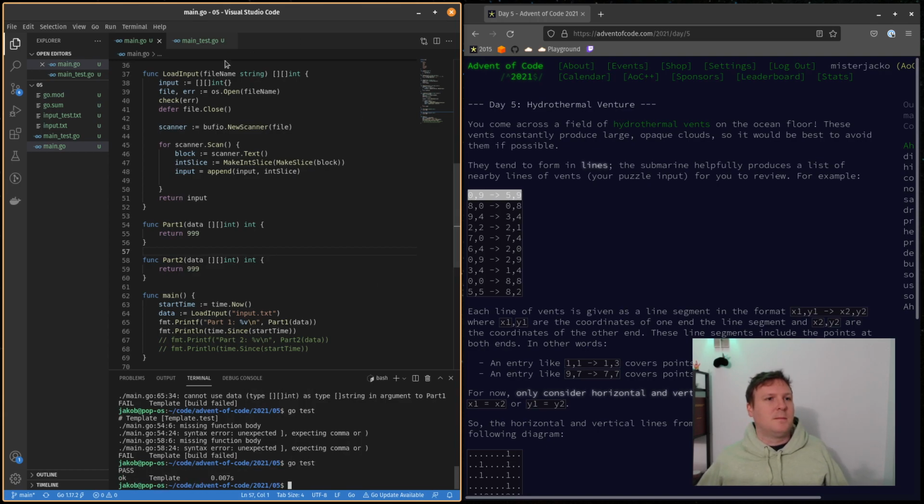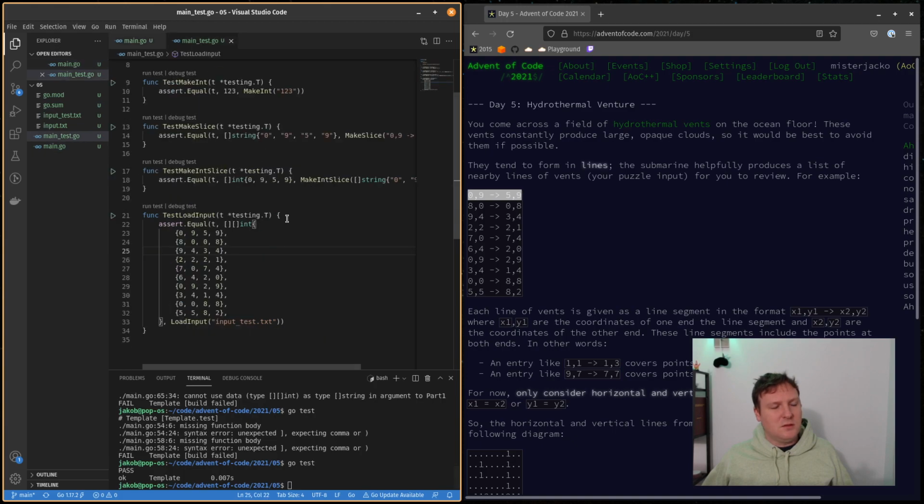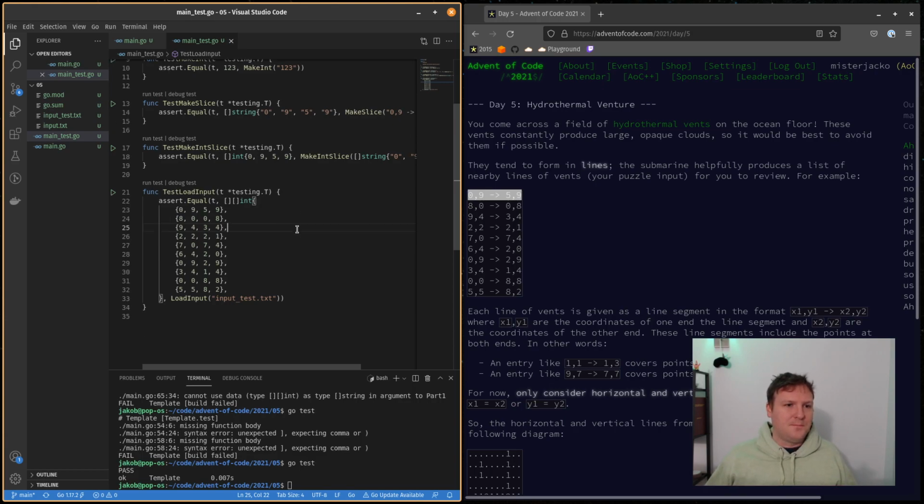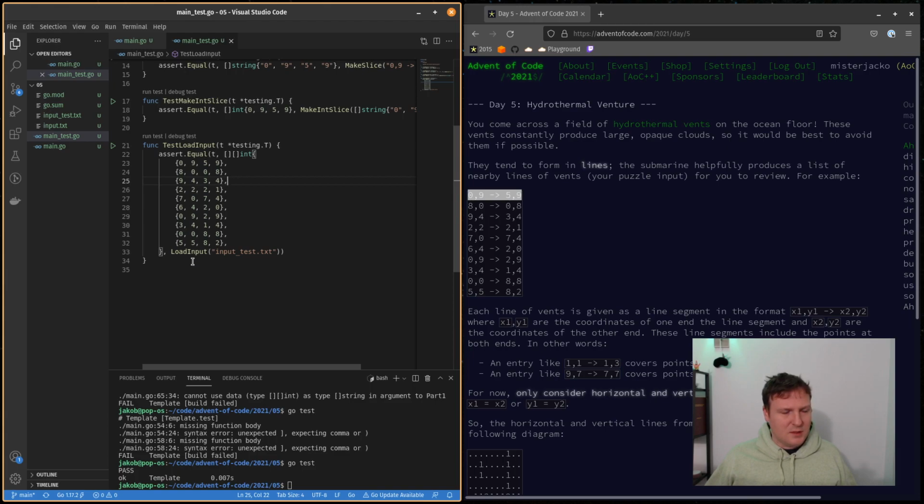Okay, passes. All right, so we're now able to get just those numbers out of our initial reading of the file. Now there's another thing that I'm going to do, because I'm going to be making different sizes of